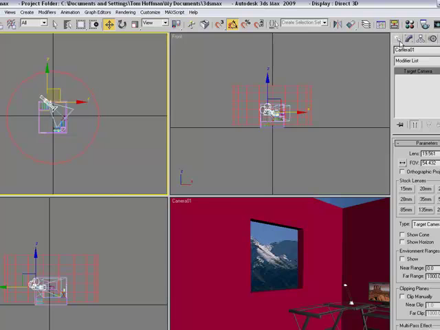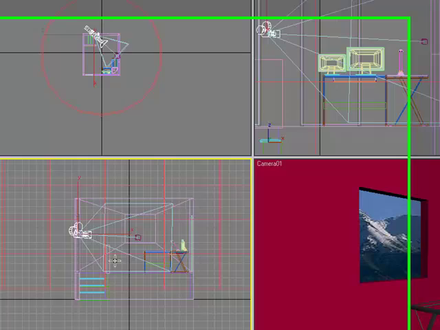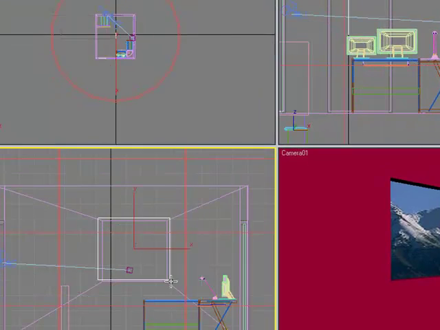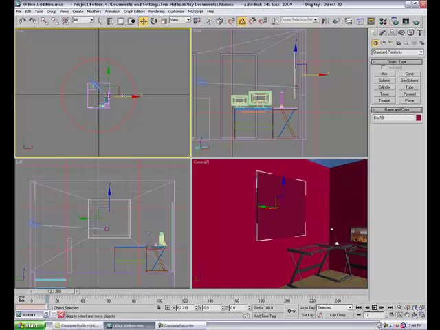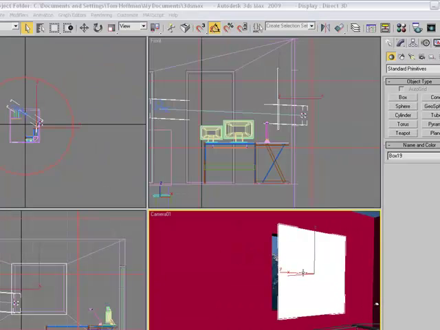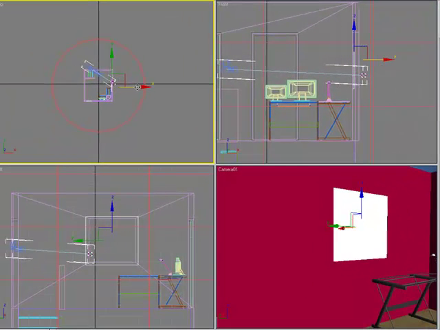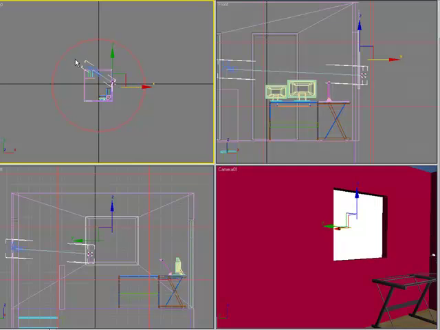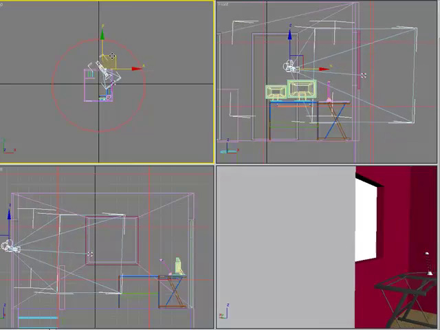The other thing we could do is simply create a box in that window, which I'll do. I'll come down here, create a box, paper thin, pull that thing into the actual window, and we can apply that bright white. Now that we've got this self-illuminating material on the wall there, we can put it out there, and of course your camera looking straight on is not going to look real. But if I was doing a rendering,